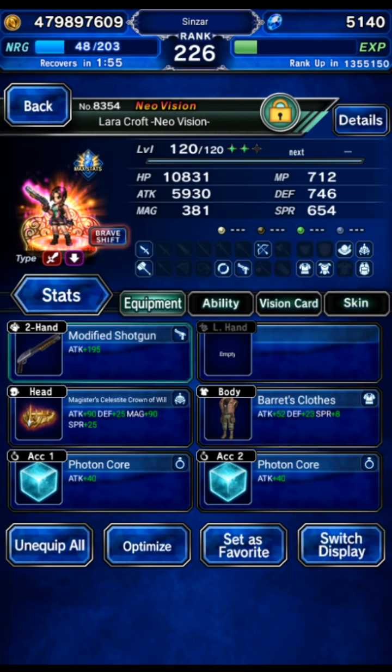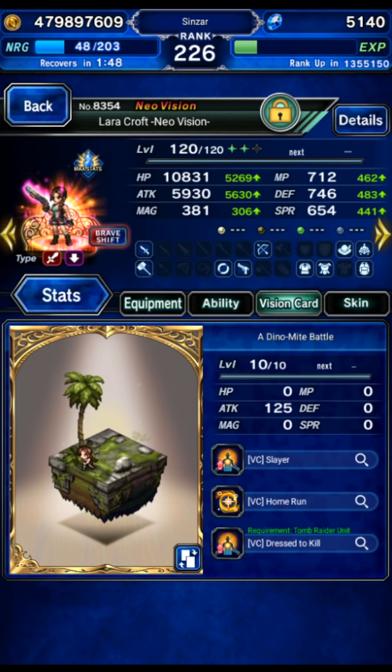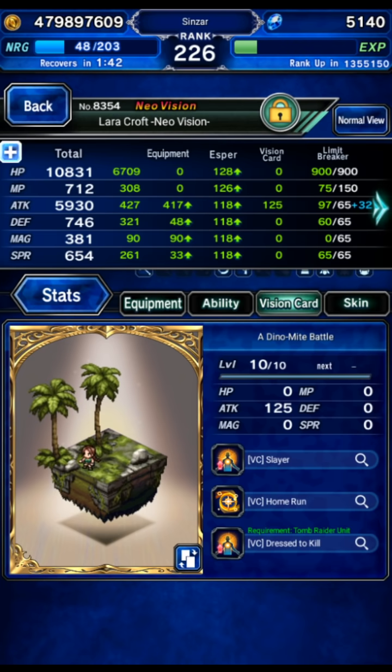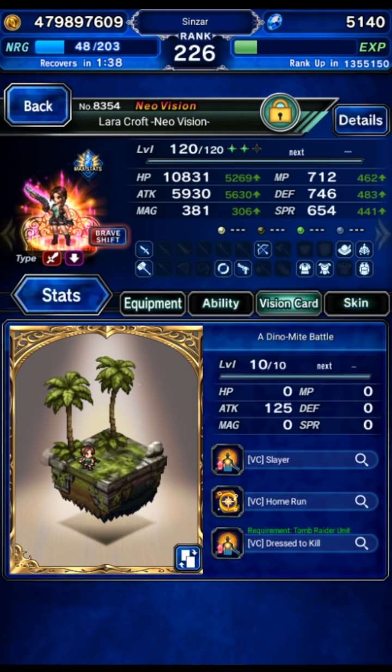Chain Cap Helm, Fairy Killer. She has LB damage naturally. Her own card is very important. Only EX2. If I had an EX3 Lara, this would be a lot stronger, but I don't, at least not yet. Maxed Fairy Killer, maxed LB damage, and that was the...